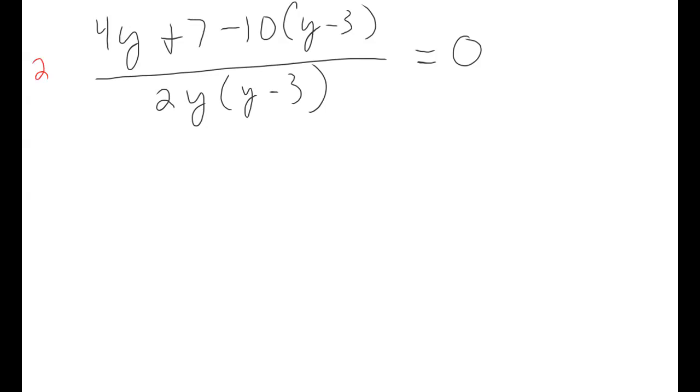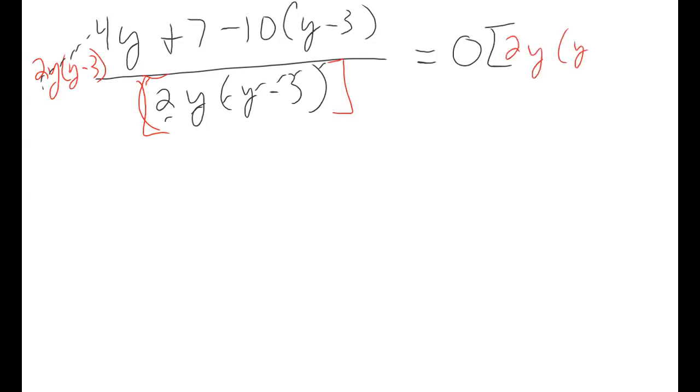If I multiply this whole thing by 2y(y minus 3), right? If I multiply by the entire denominator, then that means all of this cancels all of this, right? Well, if I multiply 0 by the entire common denominator, 2y(y minus 3), well, 0 times anything is 0. So my entire fraction just disappeared in one step. And I get 4y plus 7 minus 10(y minus 3)